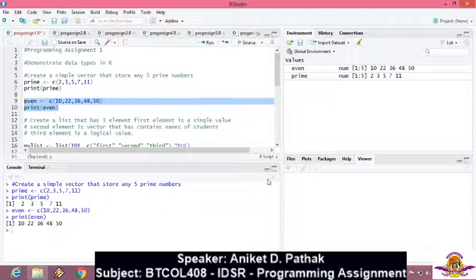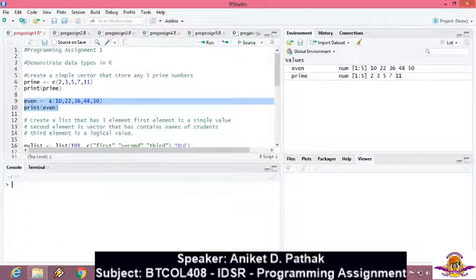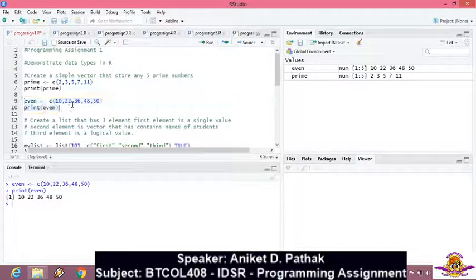Now again I want to clear my console, so I clear it. I just copy this and paste it in the console. Is it possible? It is not showing it. Let's see, Control V. It is done. I press enter and you get your execution done. So in the console, you can check your commands one by one, just as you write a program in C and C++ languages. This is a simple way through which you can create a vector.